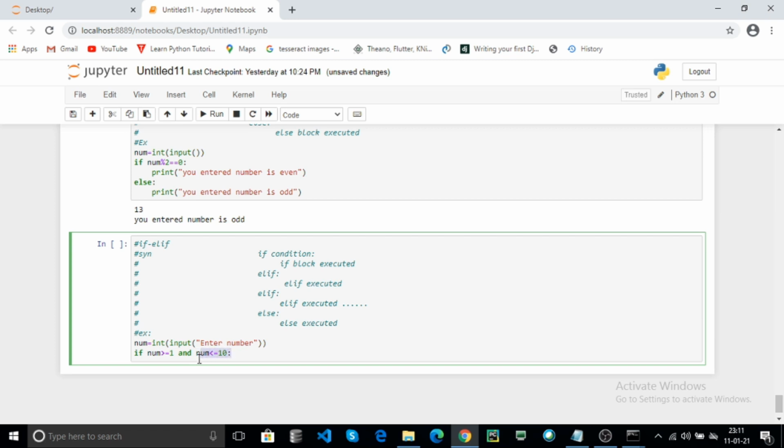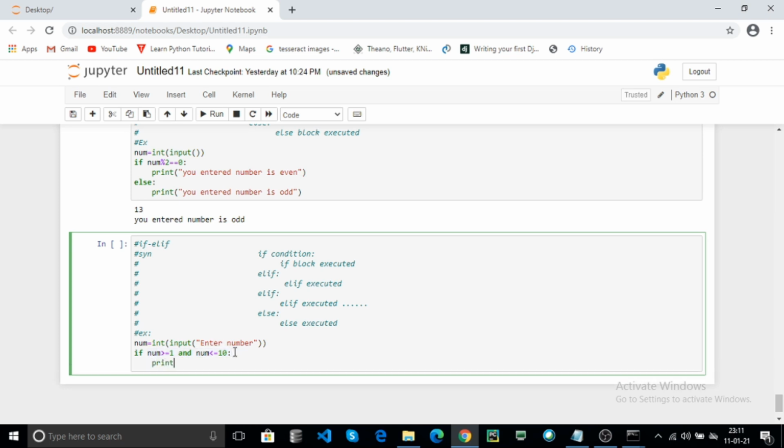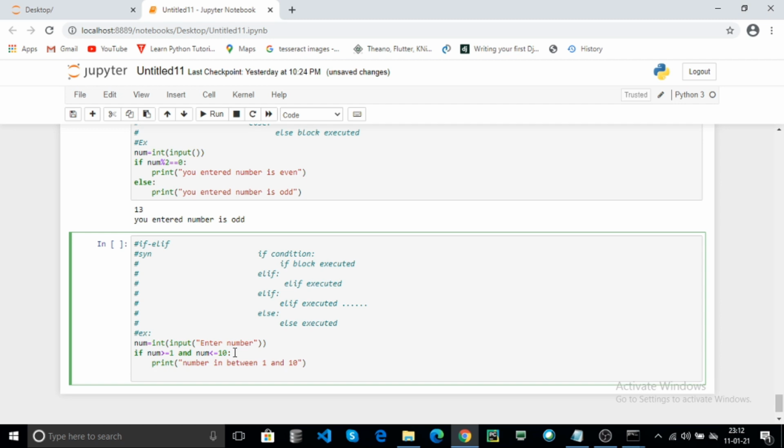If both conditions are true, the if block is executed. Print: the number is between 1 and 10. If the condition fails, again check one condition using the elif keyword: the number is greater than 11 and the number is less than or equal to 20.